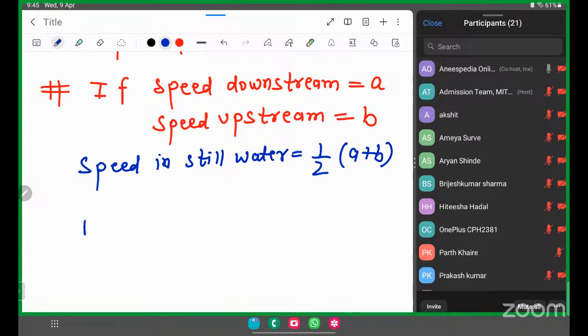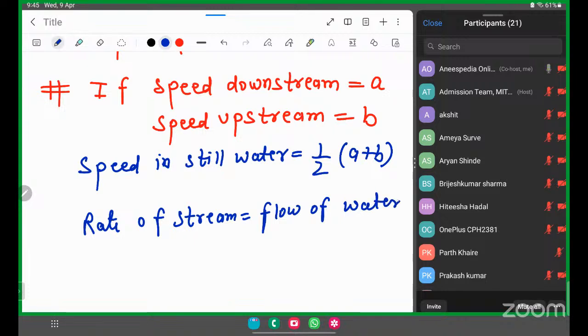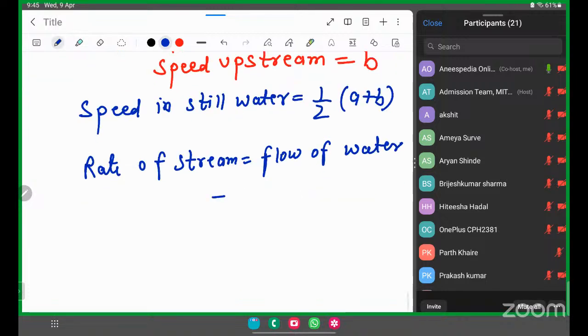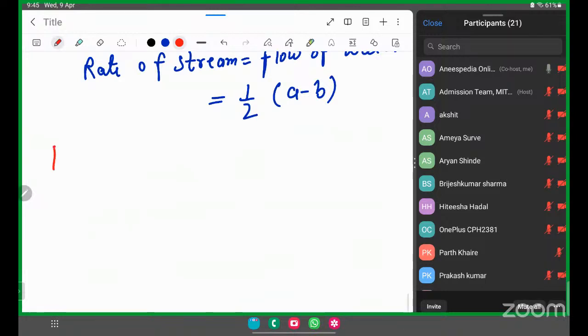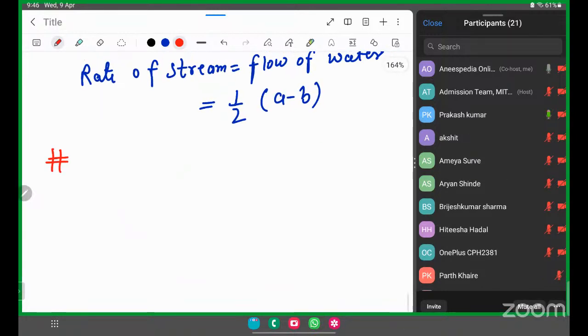and rate of stream, or you can call it as flow of river water, will be equal to half of A minus B. Understood or any doubt? Understood, yes sir. Okay. Next point is